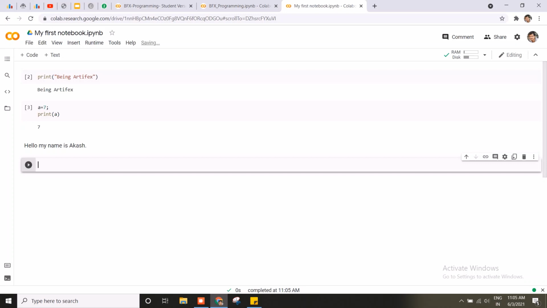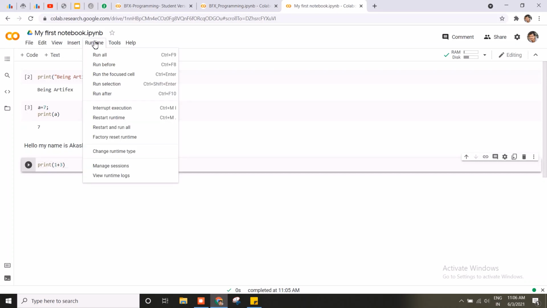For example, let me write the third code just below it, so that our text hello my name is Akash is in between these two cells I mean. So here I wrote print 1 plus 3, so we should be getting 4. That's obvious. If you attended the class properly, you should be knowing that.